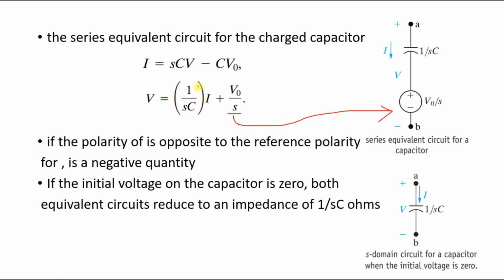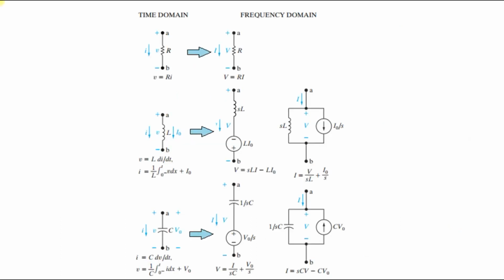So therefore this 1 by SC is my impedance, and if the initial voltage is 0, then my capacitance is replaced like this. So if the capacitance of value C is given, then it is replaced by 1 divided by SC in the frequency domain. So this is the final conclusion I made. So these are the elements we see in the corresponding session, and my resistance